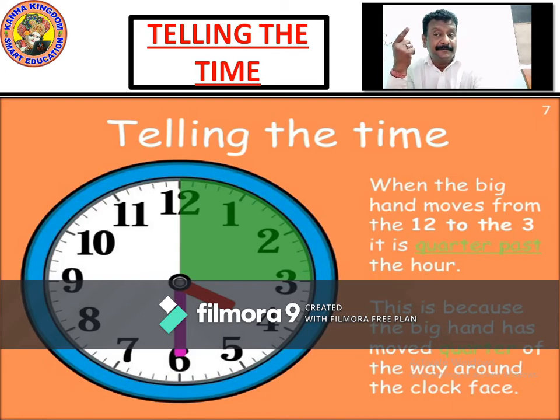If you look at the third quarter, 15, 15: 1 to 3, 15; 3 to 6, 15; 6 to 9, 15. 9 5s are 45, 45 crossed, right? So this is how you call quarter past. 12 to 3 is the first quarter. When it crosses 12 to 3, it's quarter past, right? So please write this down.